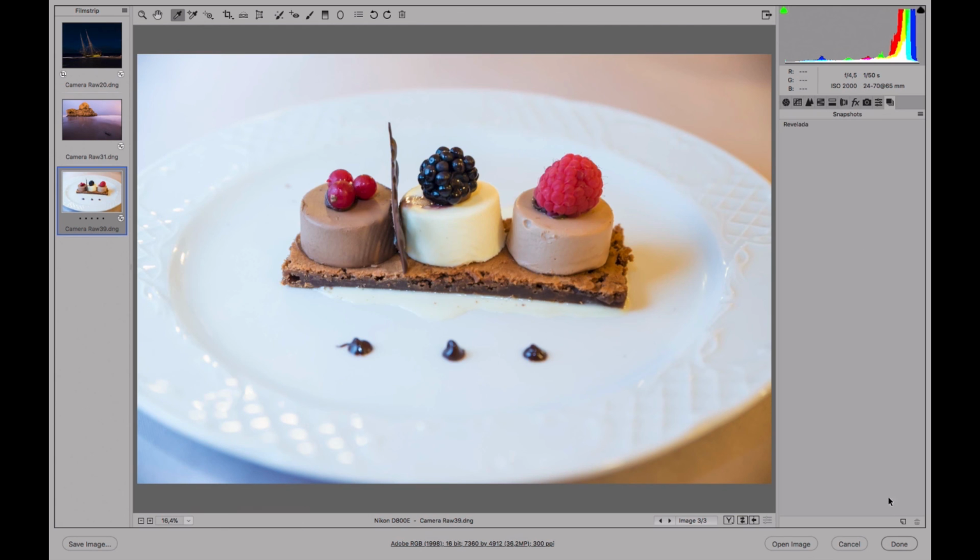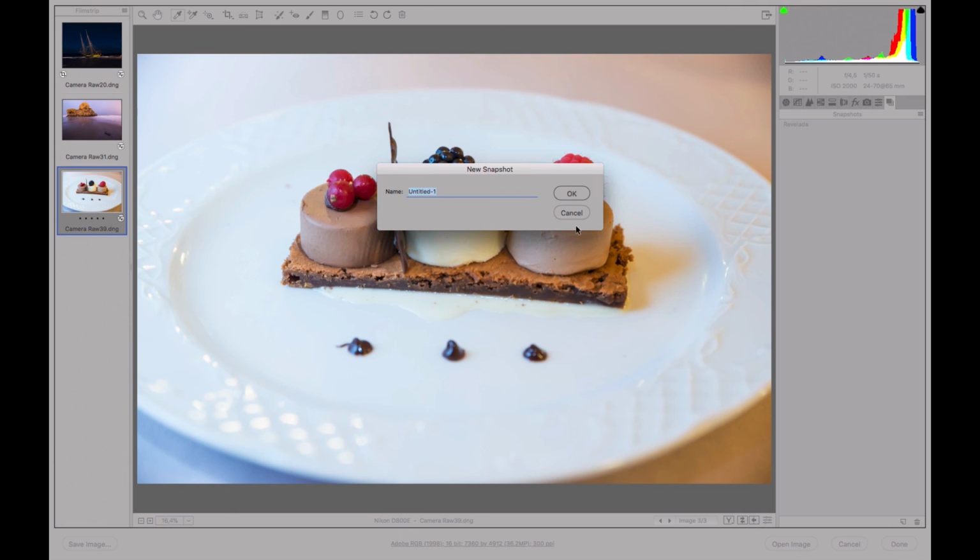And now we're going to go on to make a snapshot. That will be called, like the last one,